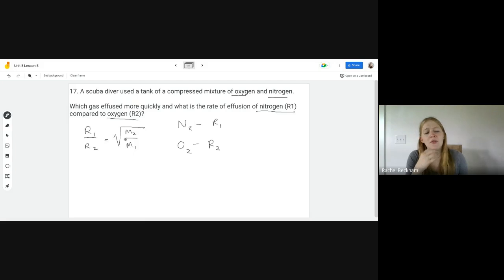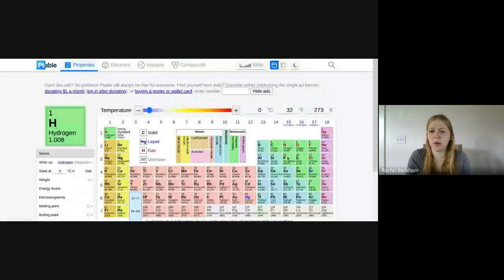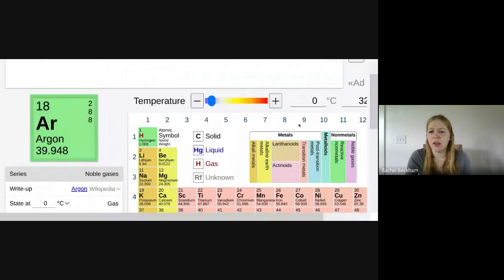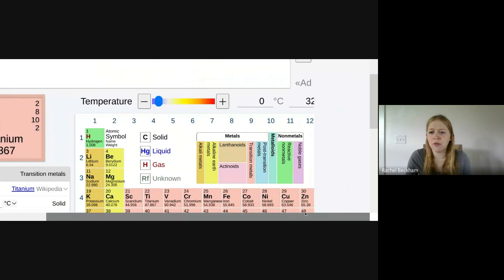And then we need to figure out the M2 and the M1 and plug it in here. That's just their molar mass, which you can find beneath each element on the periodic table. So the molar mass of nitrogen, if you look on the periodic table here, it's kind of not zoomed in very well, but the molar mass of nitrogen